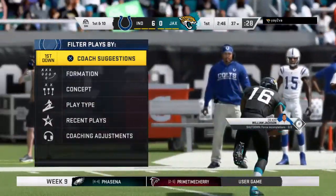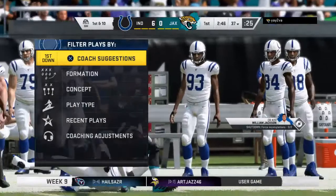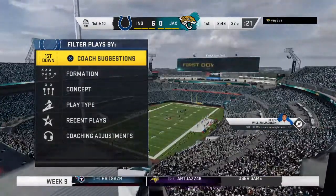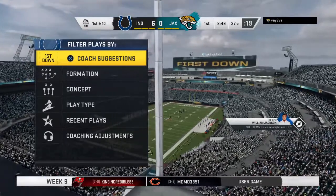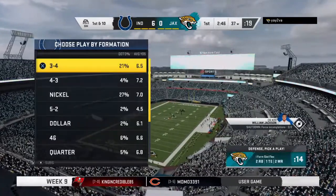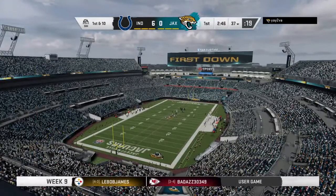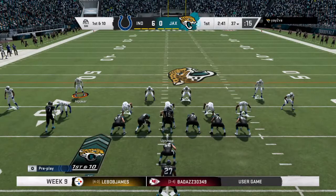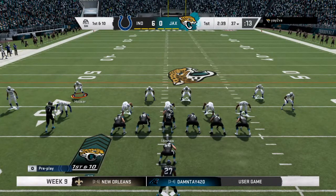I wouldn't think so. In most cases, just down a touchdown, we're just getting started here. It should be a long way to go. You think to yourself, stick with the game plan, all the things you worked on in practice. But you have some teams that when they get down, their natural tendency is to aggressively strike back. And let's see if they want to get outside of the game plan we expect and try to be aggressive